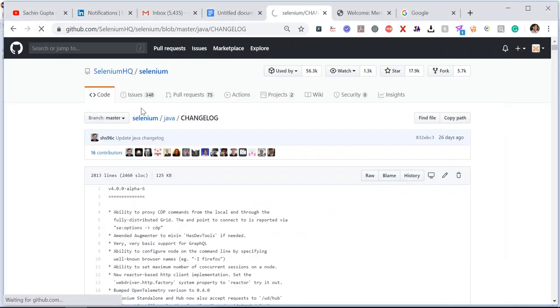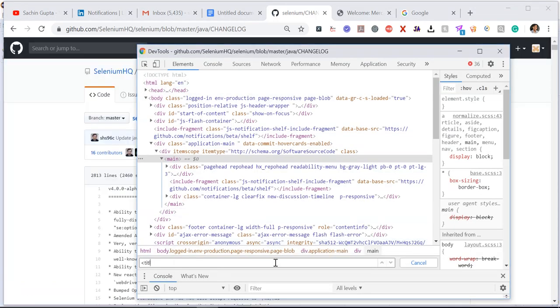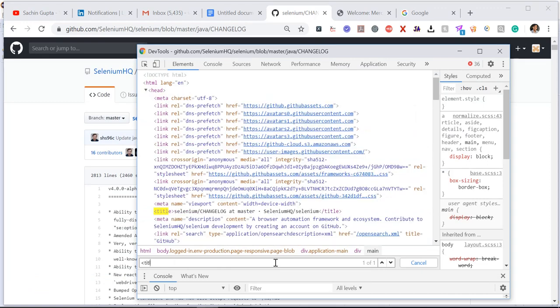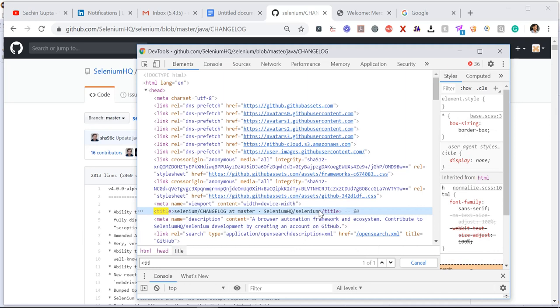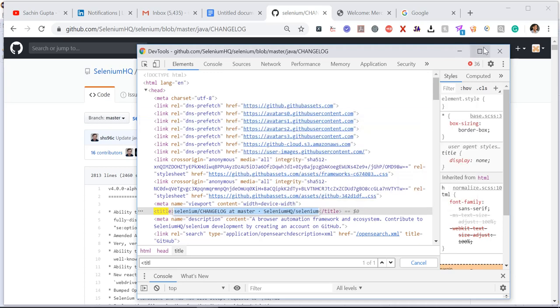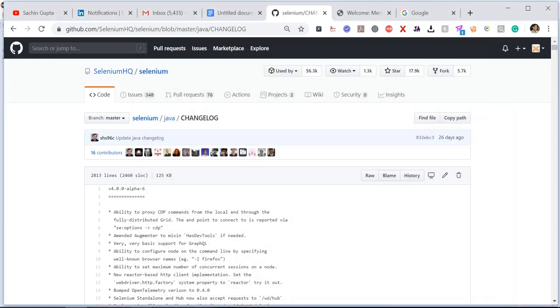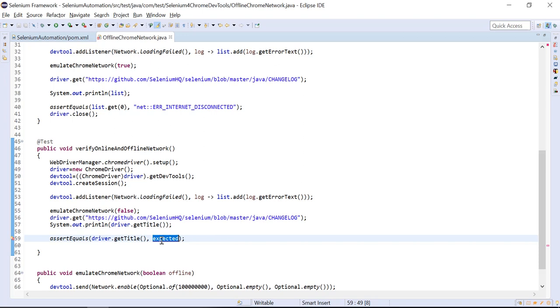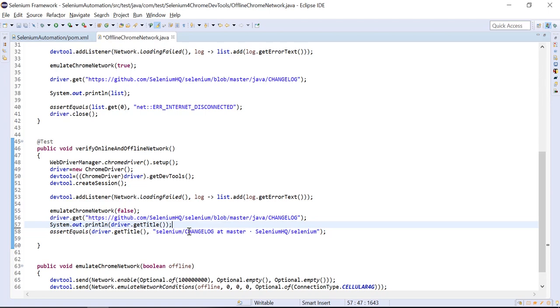I think it's not loaded proper. So this is the title we can see here. I'm going to assert here.